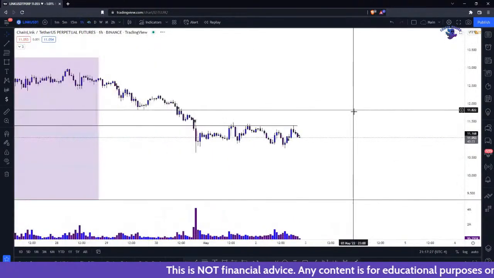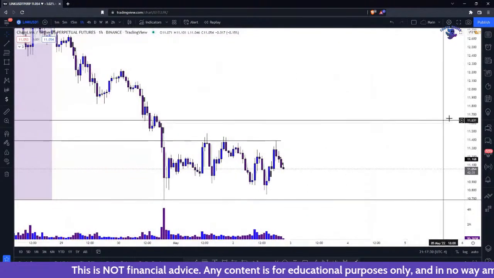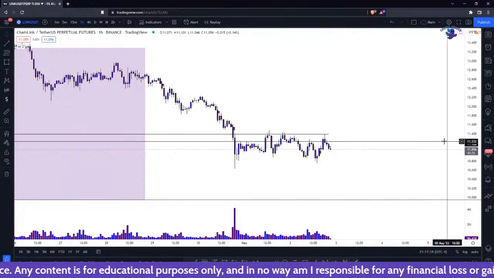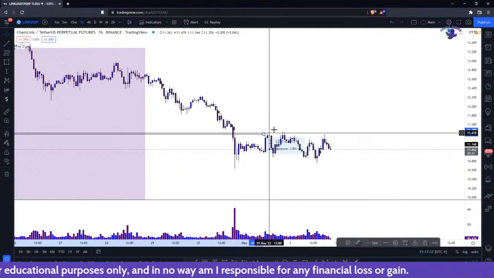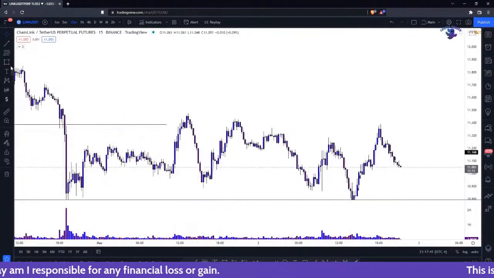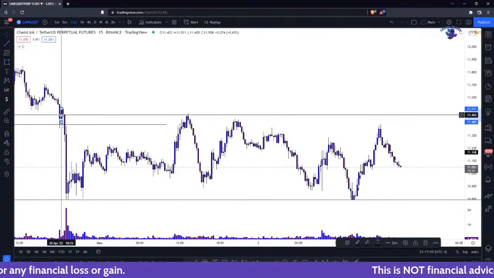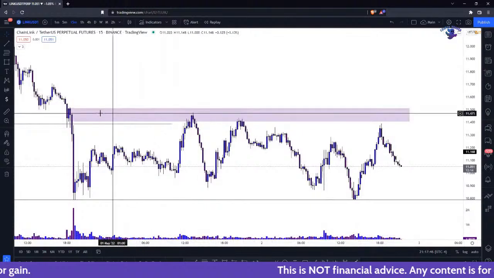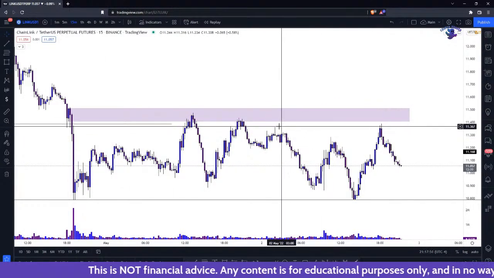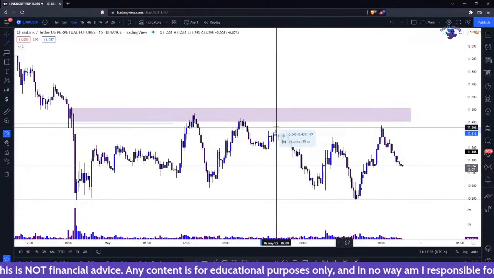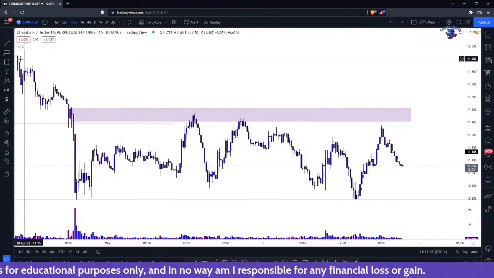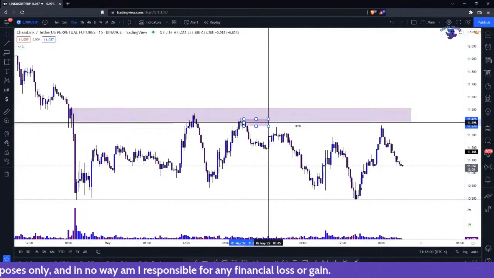Here I would not be touching it just yet, but you could look and say, I don't know, it's not the best price structure. I won't lie to you. It looks more like maybe even redistribution under this low. So you hit supply, lower high, lower high, lower high, lower high, and this is probably going to come sweep all these early stops right here and right down there below. So not looking too great in my opinion.